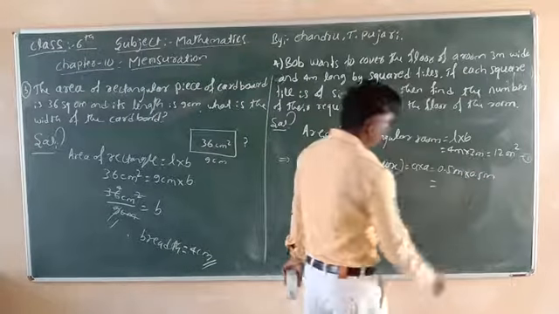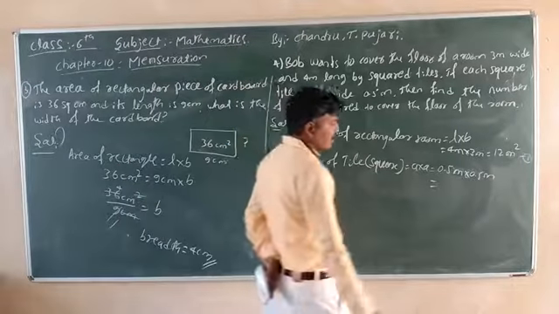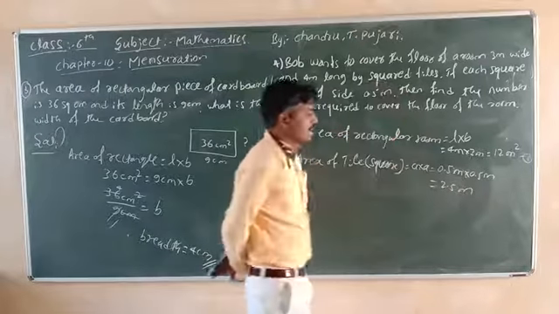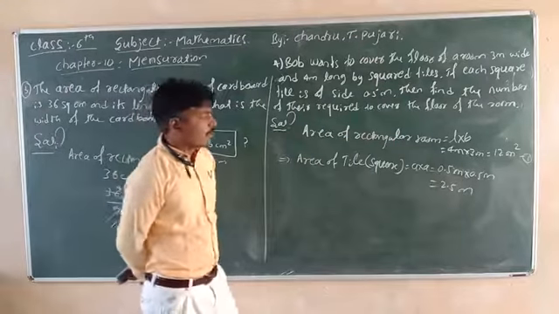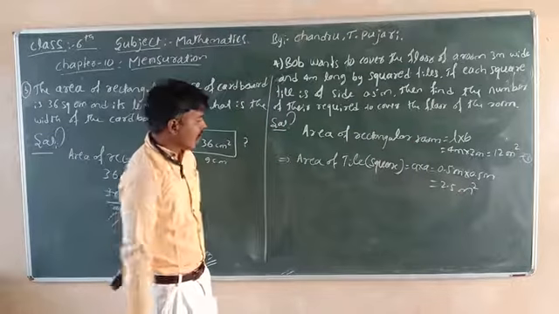Next, multiplication for the area of the square. 0.5 into 0.5 is what? 5 fives are 25, so 0.25 meter square is the area of the tiles. Therefore, the last part is what?